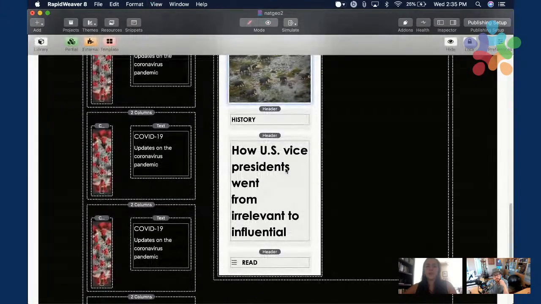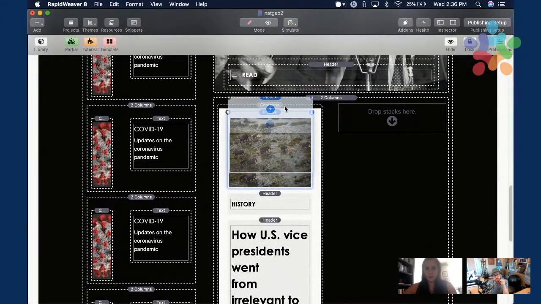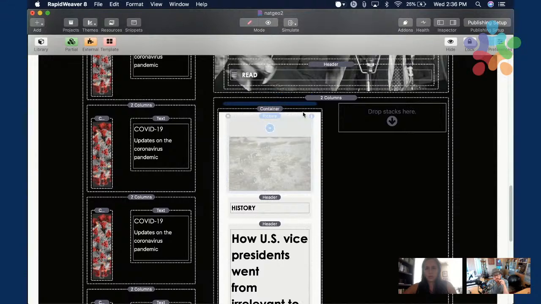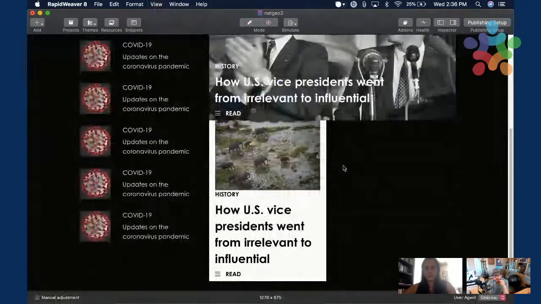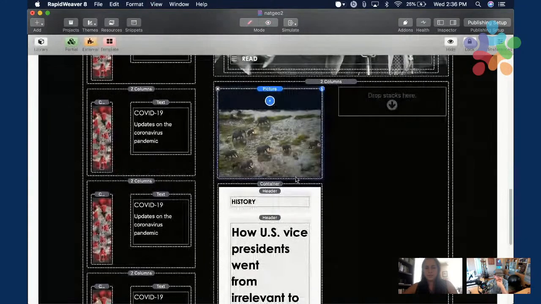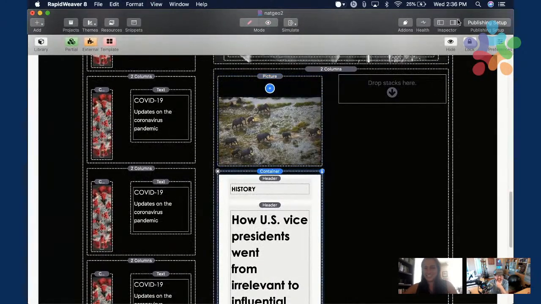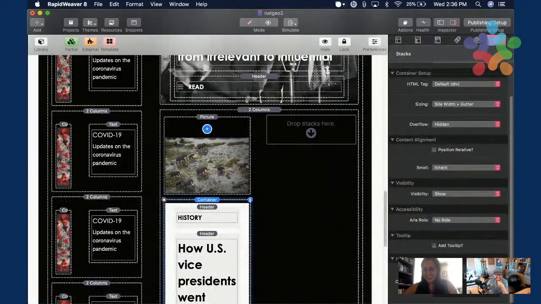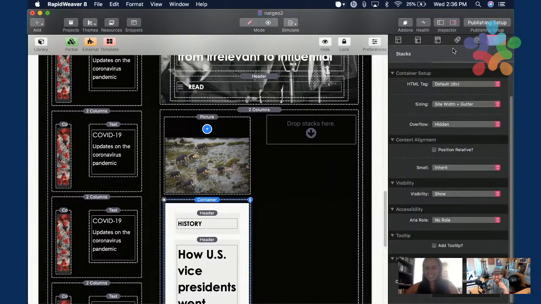Oh, I'm going to drag the picture out of the container so that it goes full width. There we go. Use the padding.